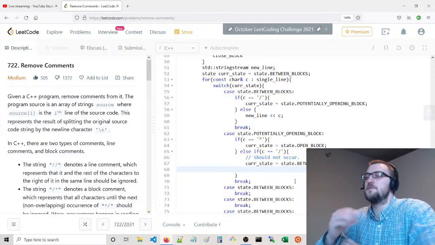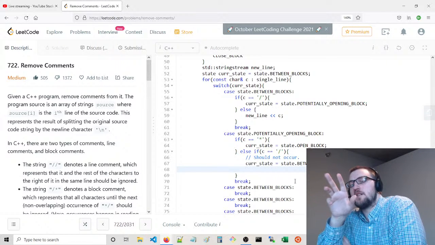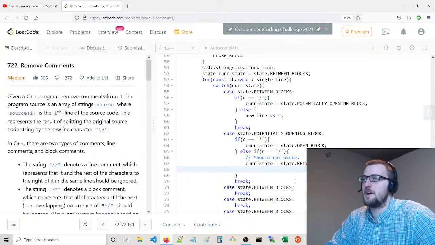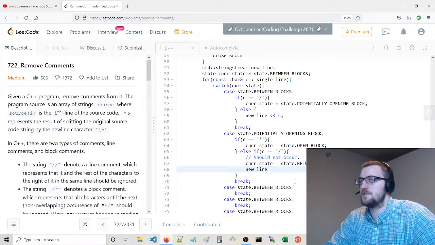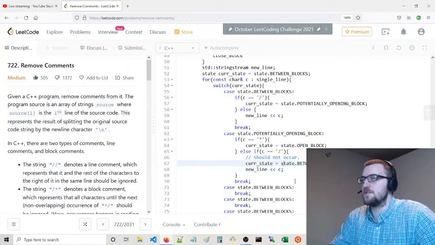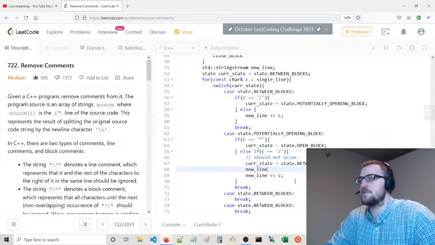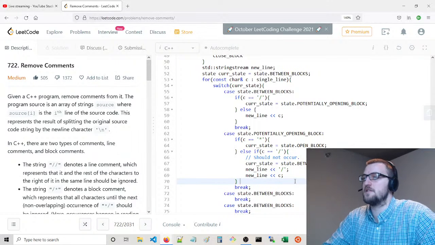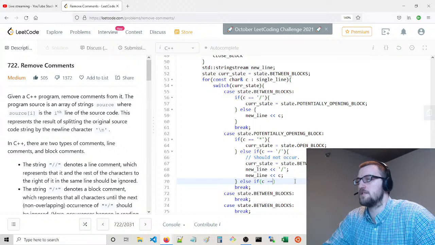And actually, if you saw double comments, technically you would push back both of these characters to the new line, since this is potentially opening. But this should not occur in that case.